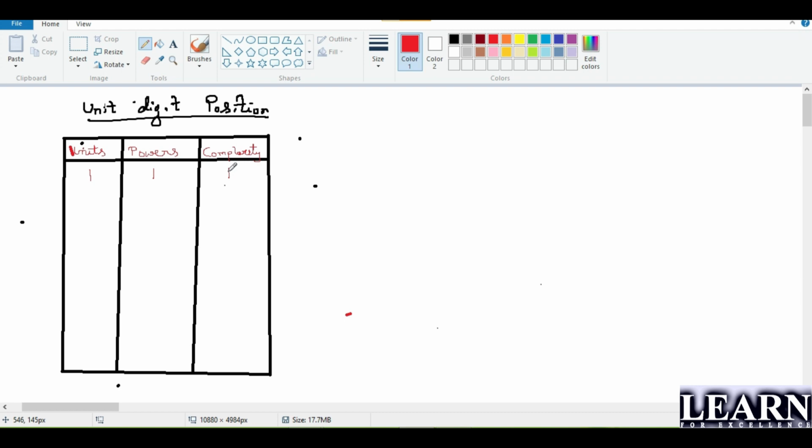Clear? Now I'll go to the next number. That is nothing but 5. Now if I'm talking about 5, I can say 5 to the power 1 is 5, 5 square is 25, 5 cube is 125, 5 to the power 4 is 625, it goes on. Now look here, whenever I was talking about 5 to the power anything, the last digit was always 5, guys.